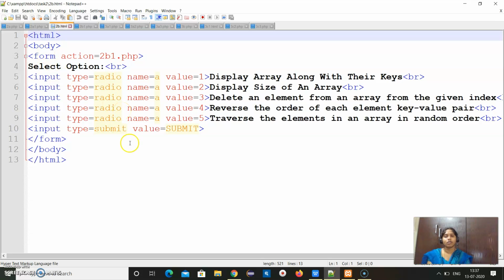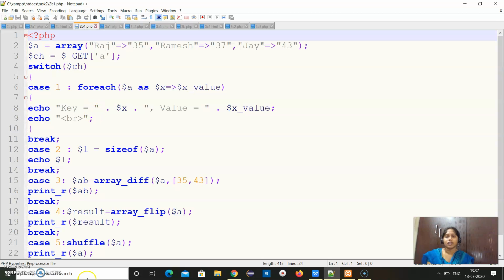First, as I have told, it is menu driven, right? Menu driven normally means we can go for switch operations. So whatever the menu options are, all those menu options are displayed using radio buttons. Now the main logic comes in our other page, where I've taken an array: Raj, 35, Ramesh, three types of elements. Using switch case, if they have selected keys along with elements, for each, $A is the